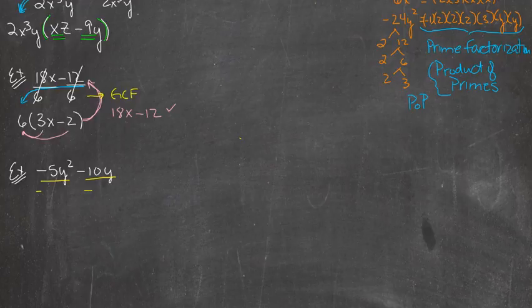For 5 and 10, the common factor 5 divides 5, that's the biggest number that does divide 5, but 5 also divides 10, that's the biggest number that divides 10, other than 10 itself. Now let's look at the variable. I have 2 y's in the first term and 1 y in the second term, so the most I can take out of both terms is one of the y's. So this is my GCF,